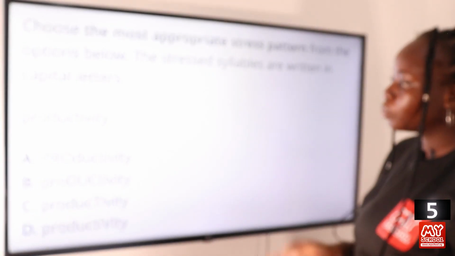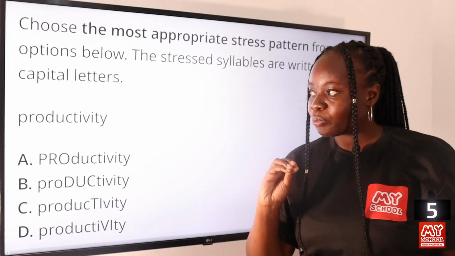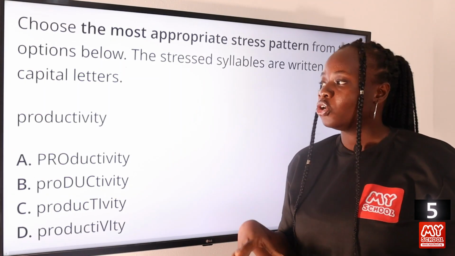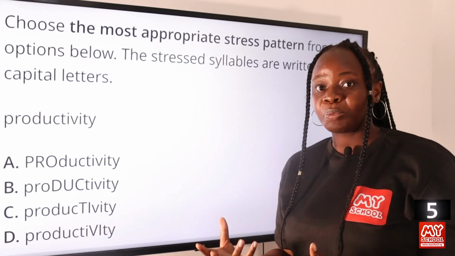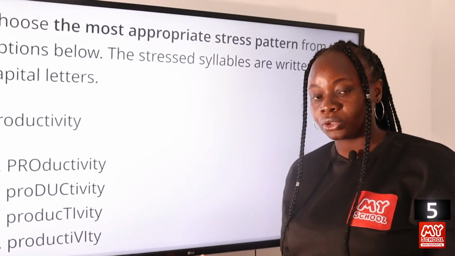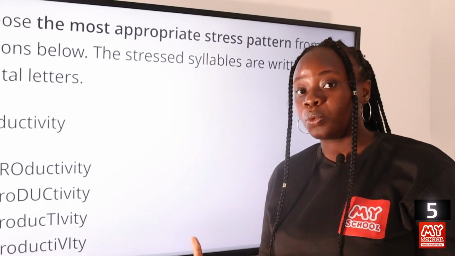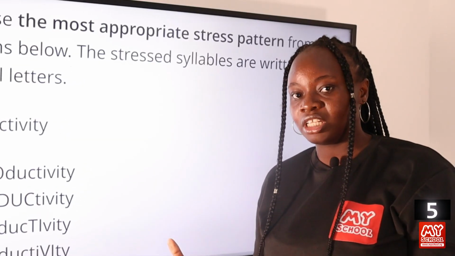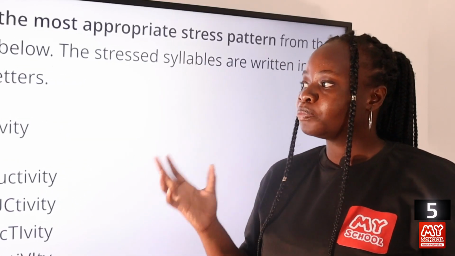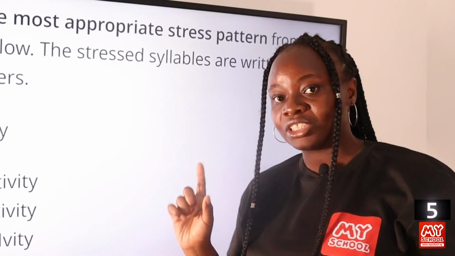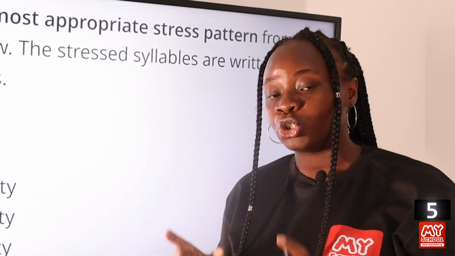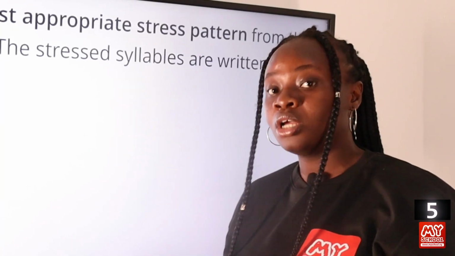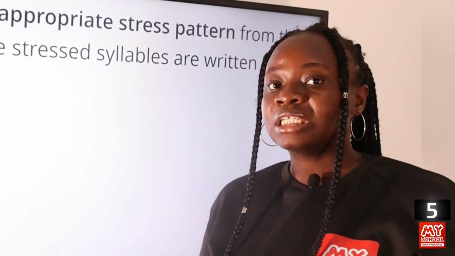Productivity. So we're going to look for the option that has the appropriate stress pattern. So like I pronounced earlier, it's pronounced productivity. Remember when you are looking for the stress pattern, especially for multisyllabic words, some of those rules that you're familiar with for words with 2 or 3 syllables may not apply here. So there are some rules that can guide you to where the stress is placed. Again, it's important to use your judgment rather than to rely on these rules. But sometimes these rules do work. It's important to try to pronounce the words to see if the rules actually work for that particular word.